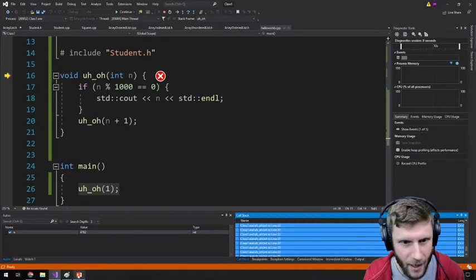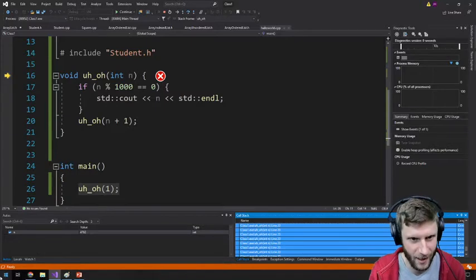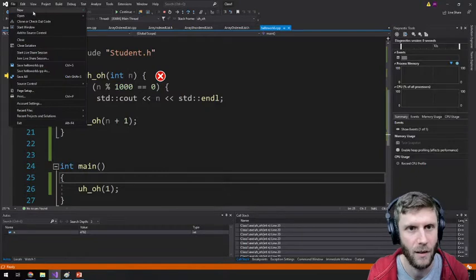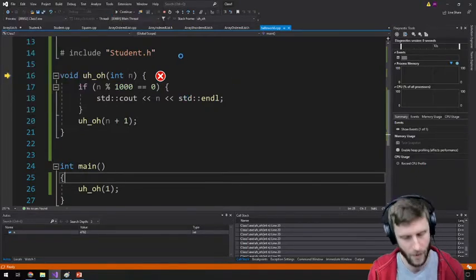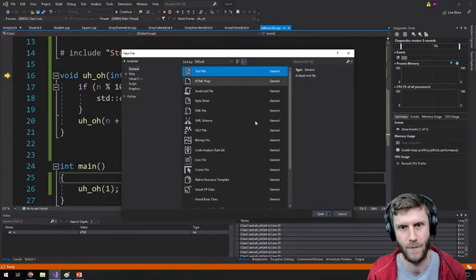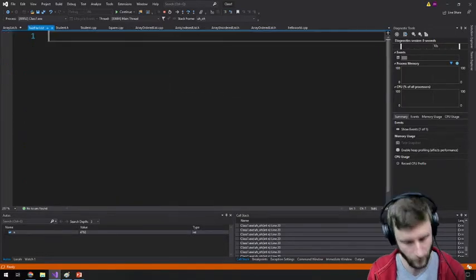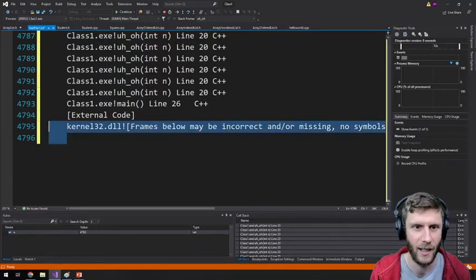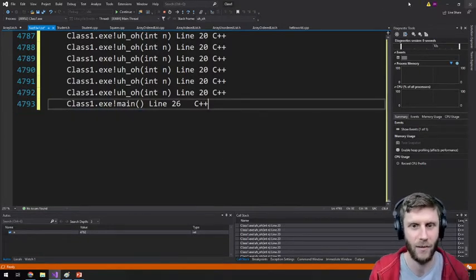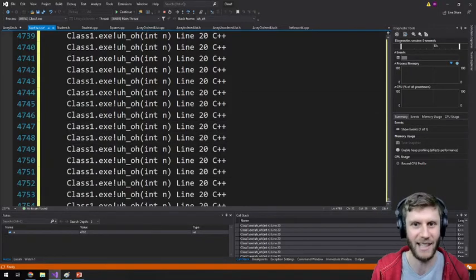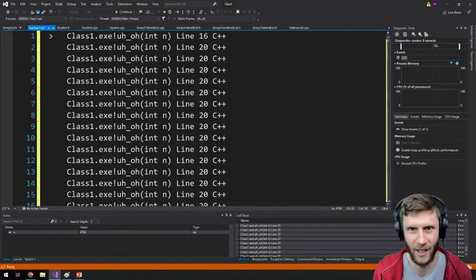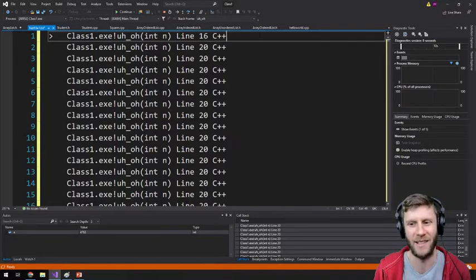I'm going to copy, then let's see. If I just open a new file here. Sure, text file. Look at that. It looks like it had 4,793. There. That's how many things we pushed onto the stack until it said, I'm going to stop now.